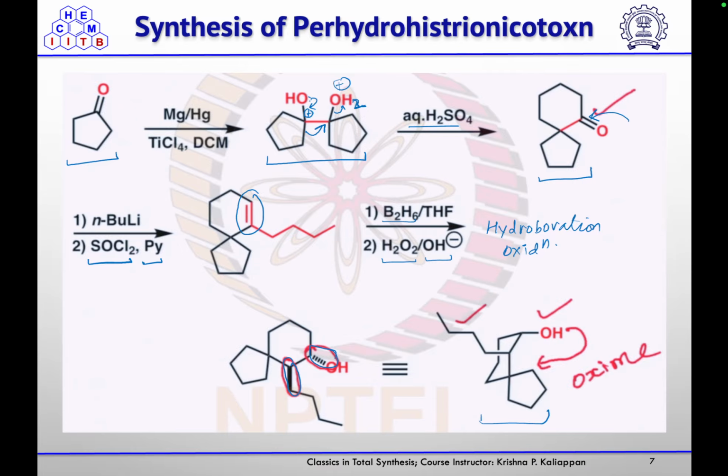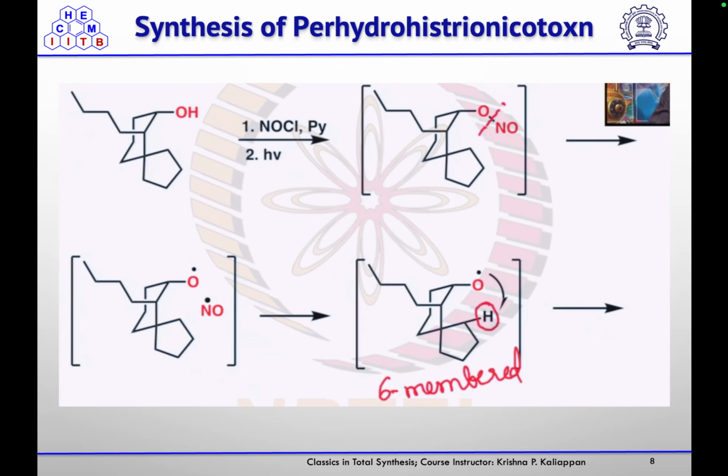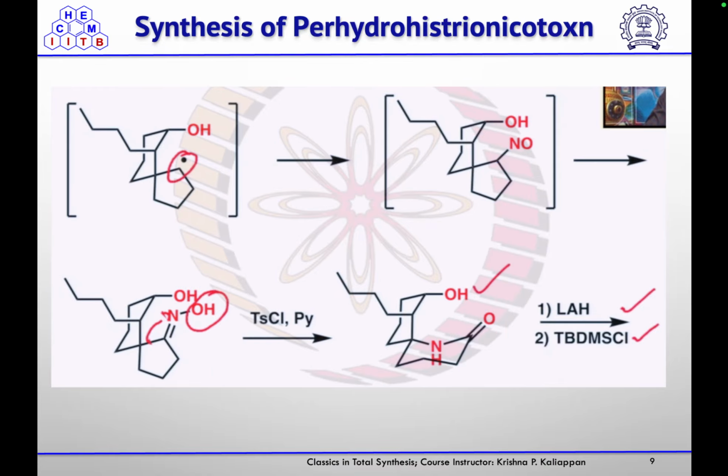Then he tried his key reaction, that is the Barton reaction. For that, that alcohol was treated with NOCl in the presence of pyridine. So alkyl nitrite will form first. Then under photochemical conditions, that alkyl nitrite will undergo homolytic cleavage, and then it will abstract the proton from this position to form a six-membered transition state, and a radical will form at that position, that will again combine with NO radical to form this nitroso species, which undergoes tautomerism to give you this oxime.